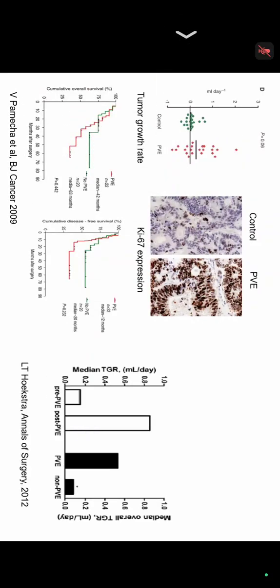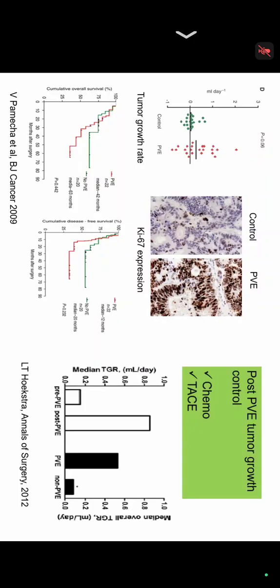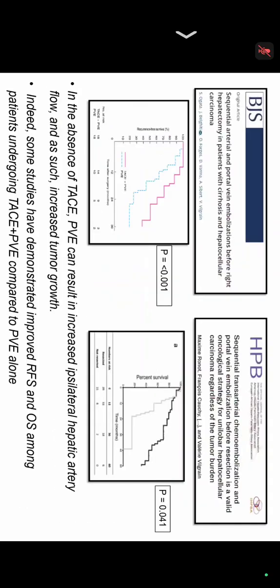So, tumor growth acceleration after portal vein embolization, we did some of this work. It does happen, and other authors have also published that after portal vein embolization there is an increased arterial response, so there is an increased growth of the tumors. So whenever you're doing this, you should combine portal vein embolization in a given case either with chemotherapy, which will be in the cases of colorectal cancers. In HCC, it will be about TACE. So TACE, doing TACE before resection and combining it